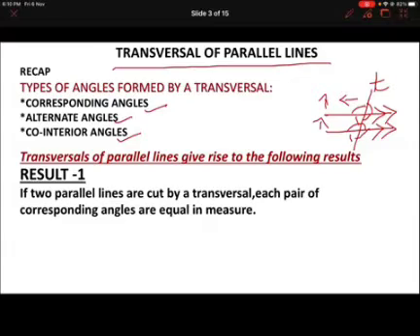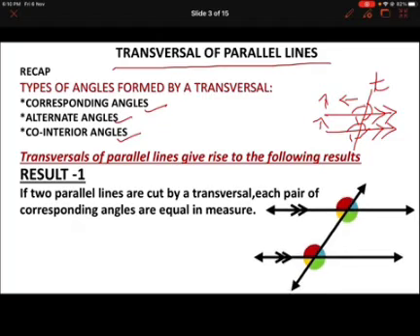So these corresponding angles that are formed, they are equal in measure. I hope you understood what I'm saying. That means here in this figure you can see we have parallel lines. You can see the symbol for parallel lines. With this, even if we do not mention that the two lines are parallel, you understand with this symbol that the two lines are parallel, and of course this is the transversal. Now, how do you identify corresponding angles? It's here. The angles marked by red, they are equal in measure.